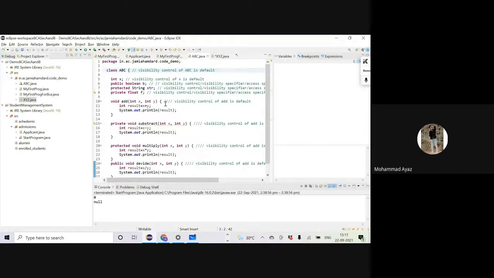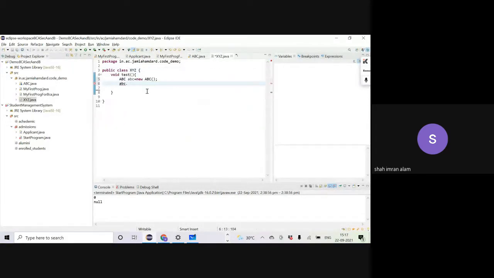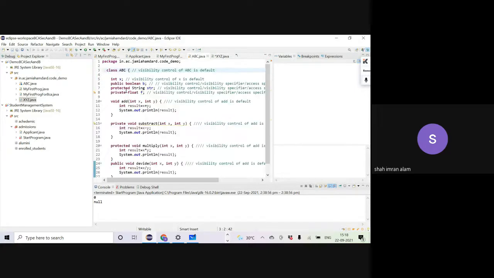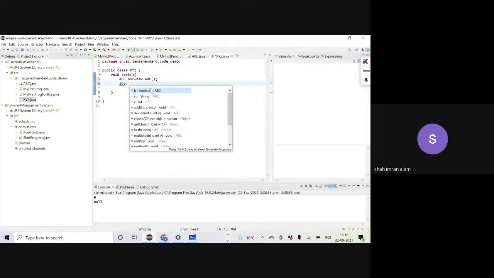So F is missing, and F is private. If I put a control space after the dot operator from your laptop, you will see the drop down list showing what is available to me. B is public, str is protected, and X is default.